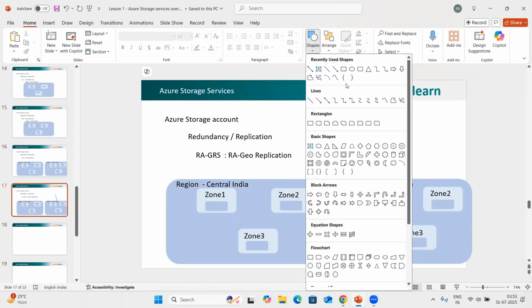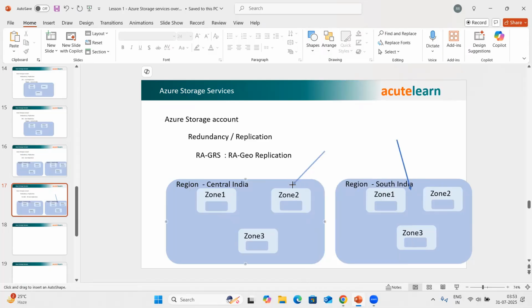The applications can write the data into the primary location, and Azure will replicate this data into the secondary location. Applications can still read the data from South India in parallel. So while both are active, in a GRS,